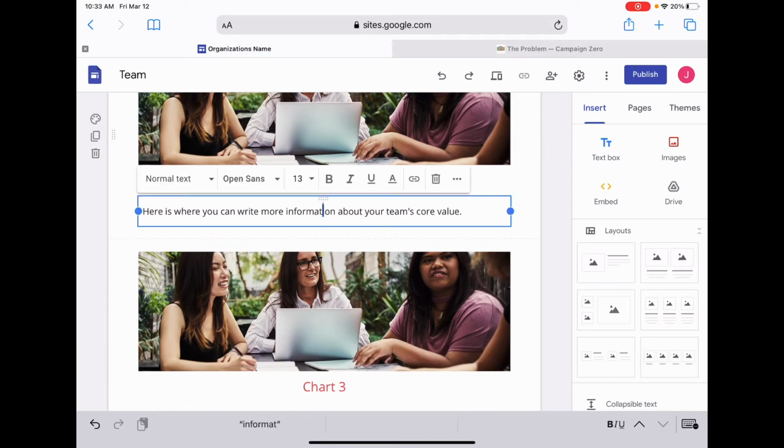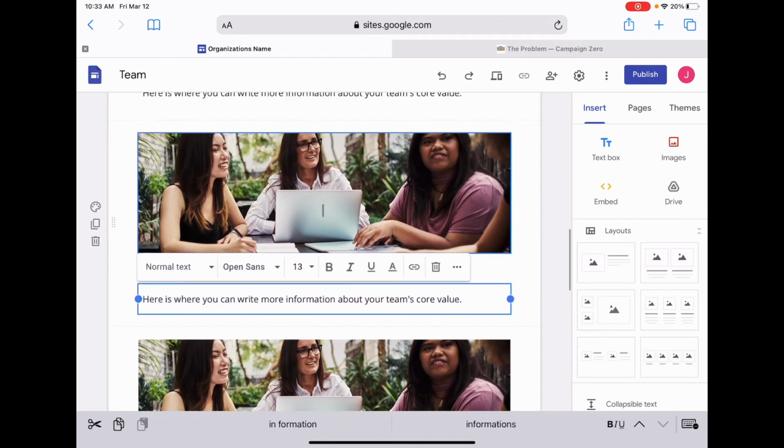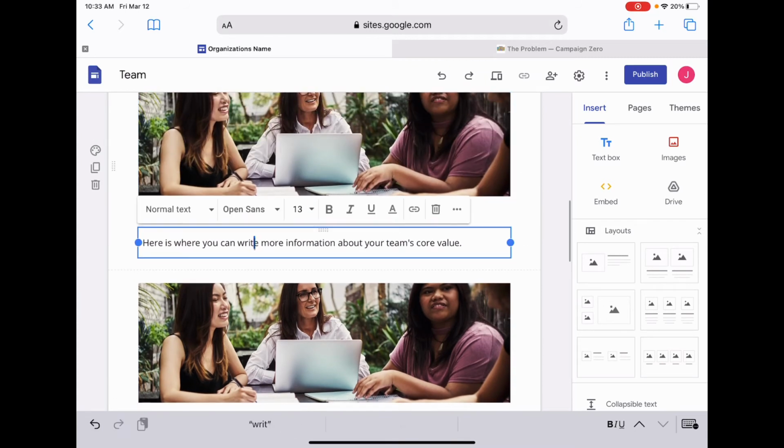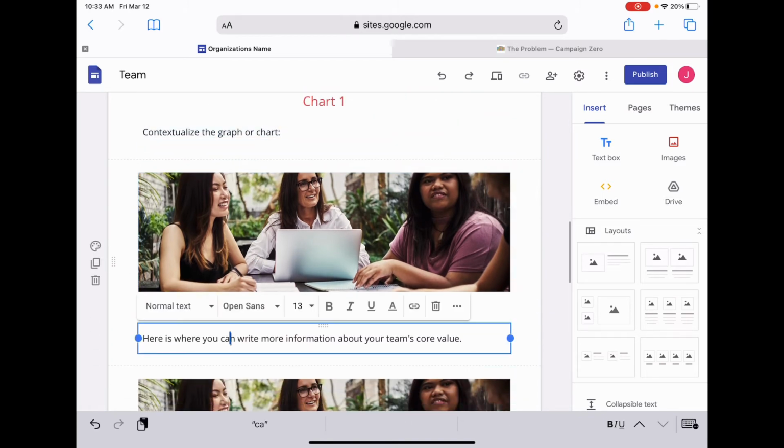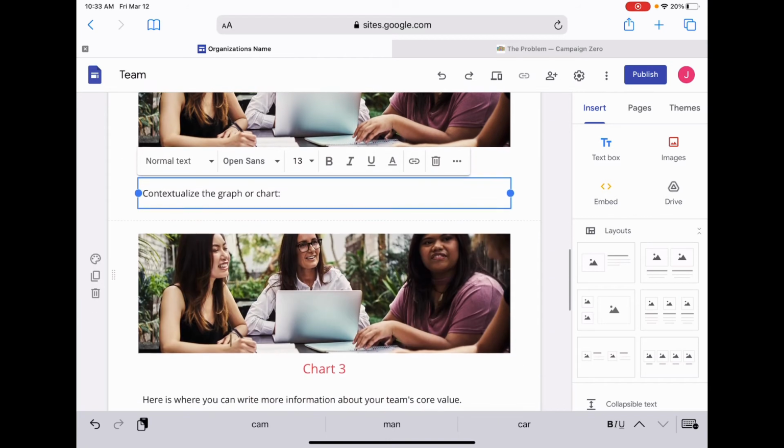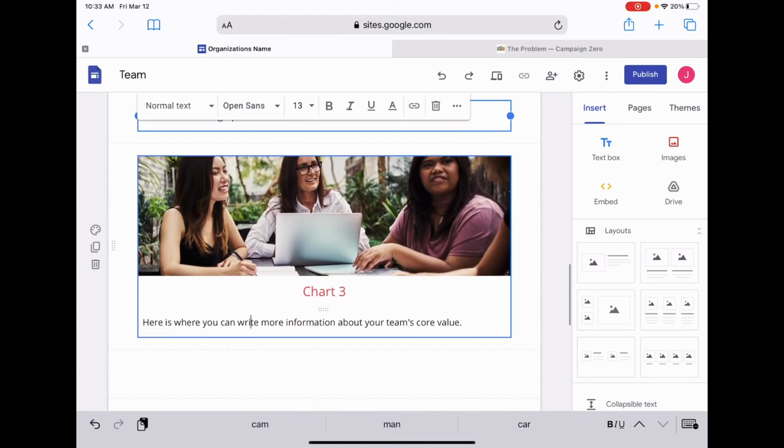Here's where you would elaborate and give some context to the chart. You would provide some understanding of the resource and ultimately what that means or what it represents.